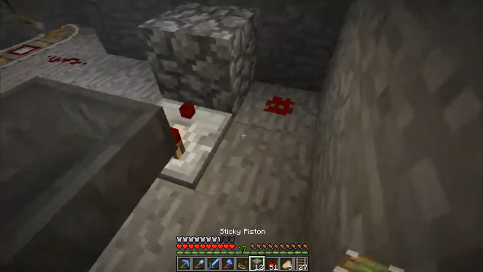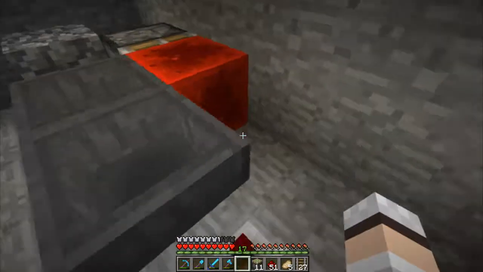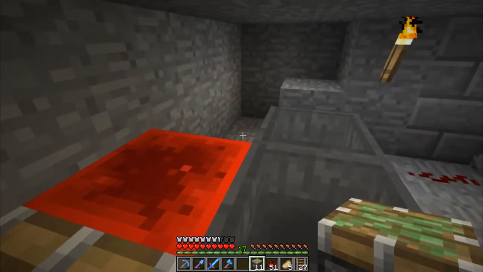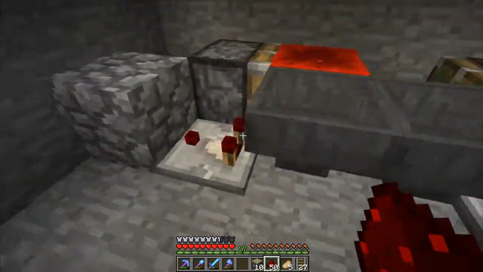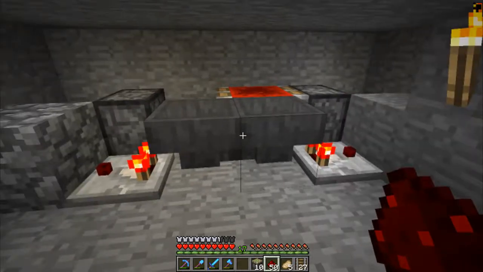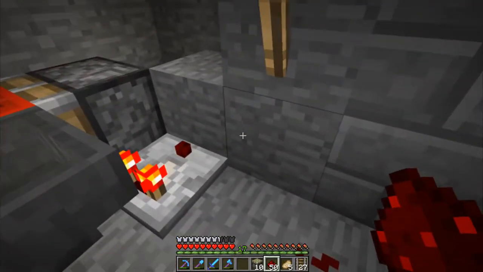It looks a bit like a T flip-flop actually, so you then put redstone there, and if I can get round there, yeah, there we go. So then redstone there and redstone there, I think that should work. Then if I put blocks in, see, these will feed out, and then the time it takes for it to feed out,